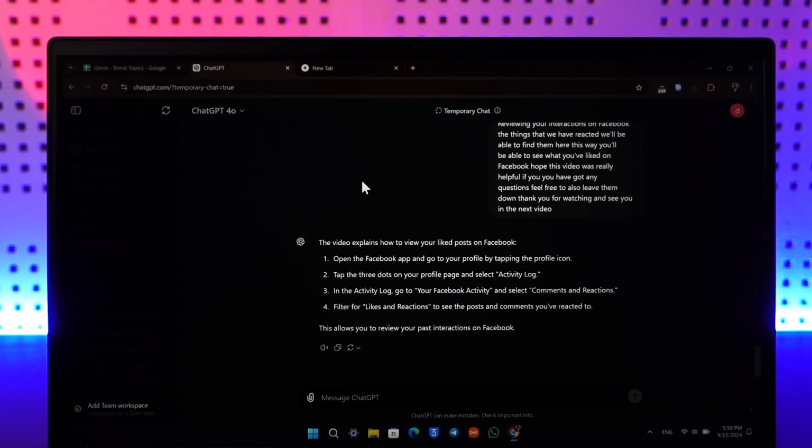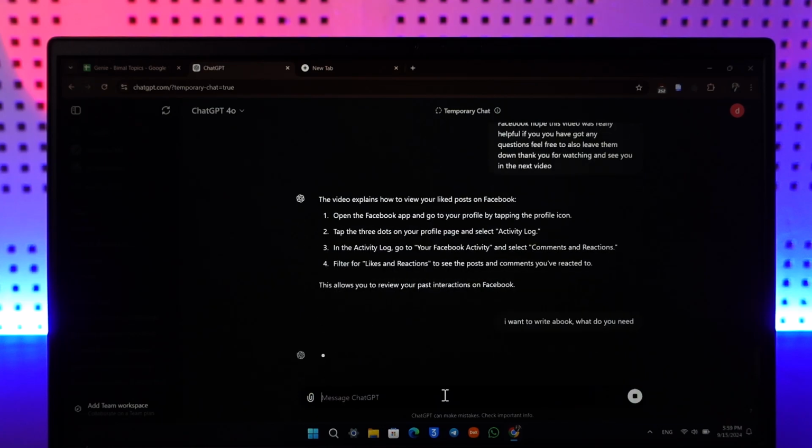So the chapters, you're going to divide them, you're going to give it the characters and stuff. So you can just ask it, I want to write a book or whatever else it is. What do you need, right? So just ask ChatGPT what it needs from you and what it expects from you. So after it's basically done analyzing that, then it will be able to give you relevant answers based on what